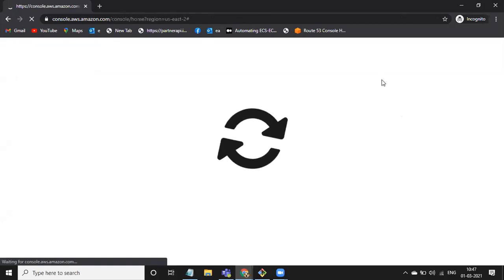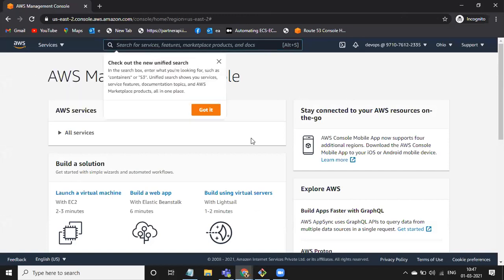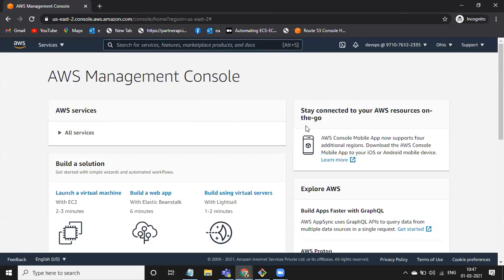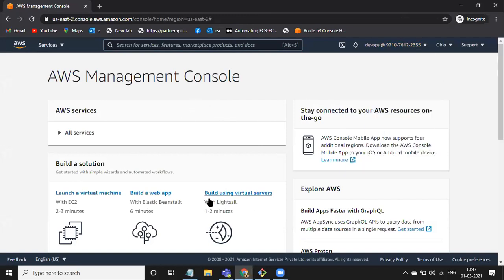Okay. So like this, you have to sign into your AWS account. Instead of signing in with the root user, you need to create one IAM user and attach the required permissions. First, anyhow, you are only going to use it, right? So give administrator access and try to log in with your IAM user, okay, instead of the root user.